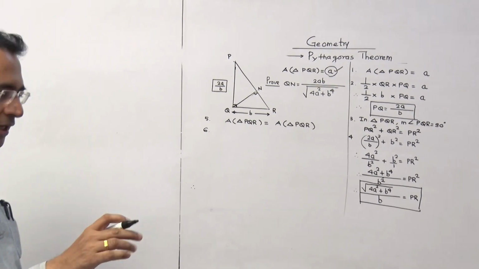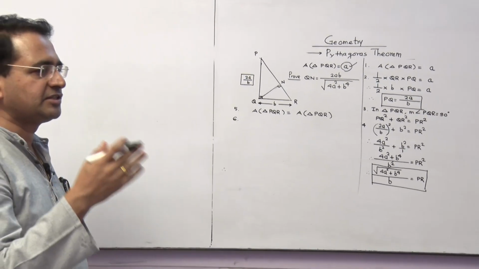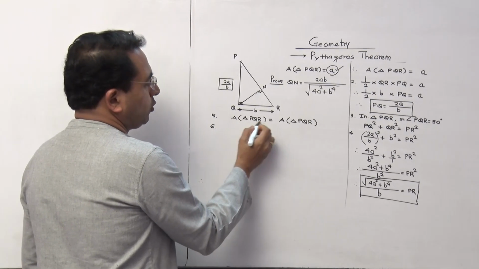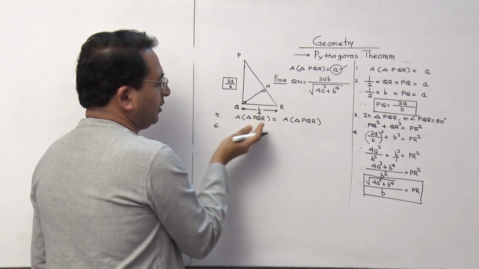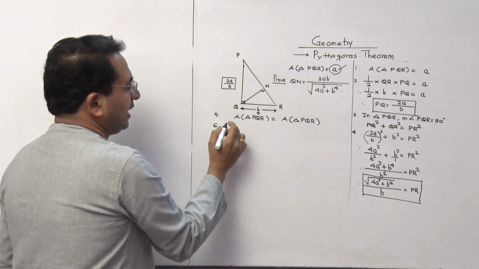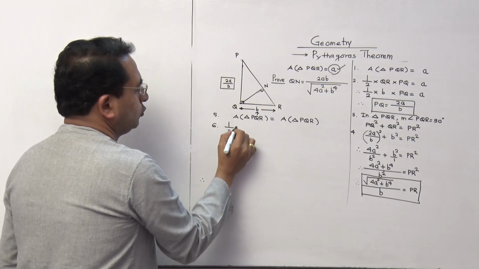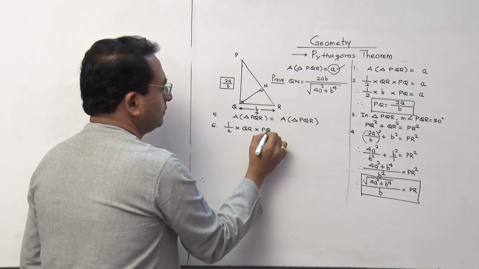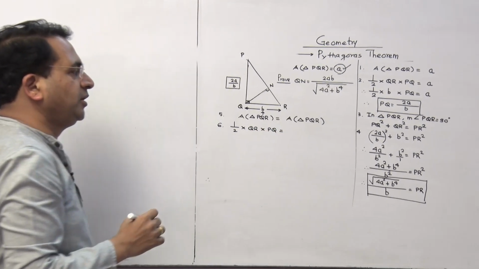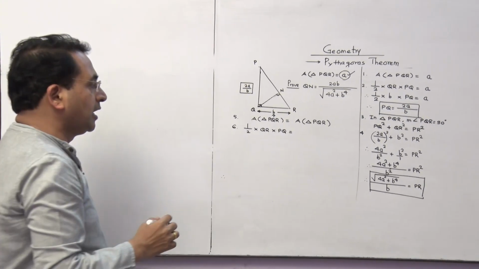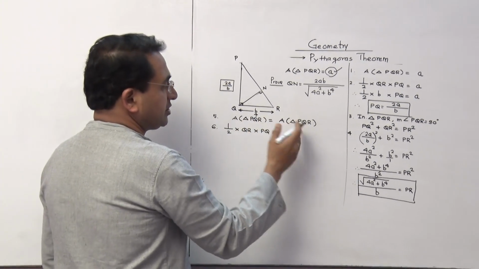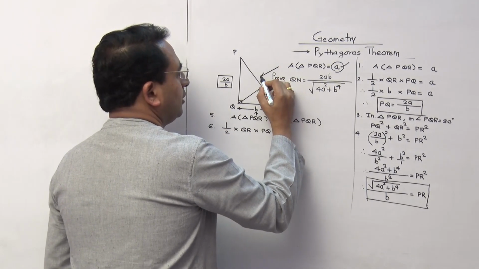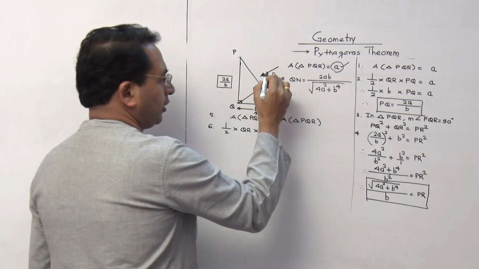Area of a triangle can be calculated by considering different bases. Now here for this PQR, you are observing the figure from this side. Then I can write the formula 1 upon 2 multiplied by base multiplied by height. That's why it is written as PQ. Correct? Now if you are observing the same triangle, but what will happen? You are observing the figure from this side. You are the observer.